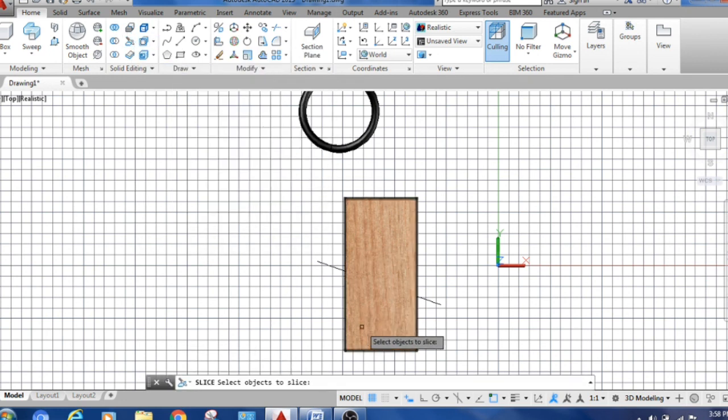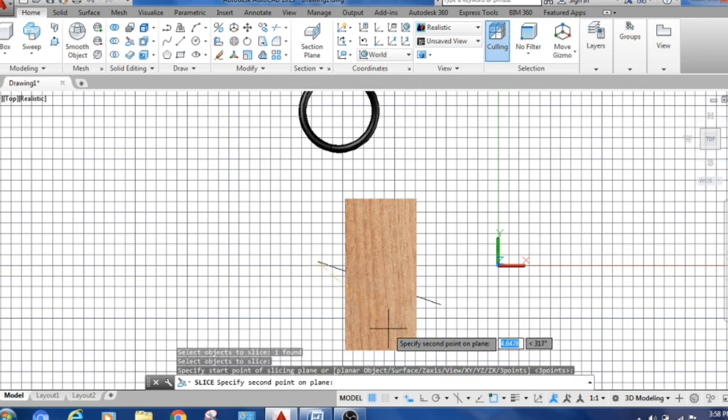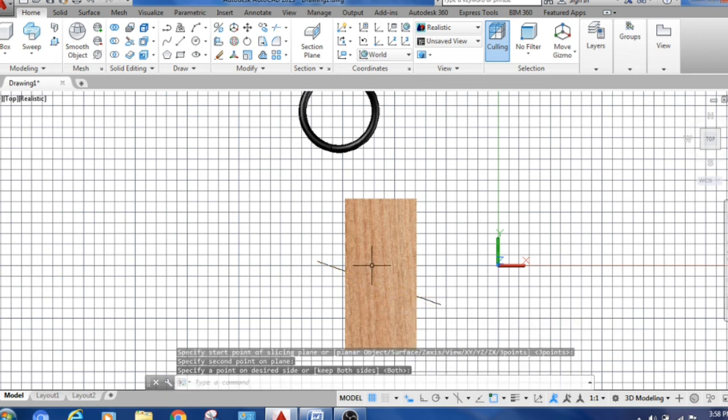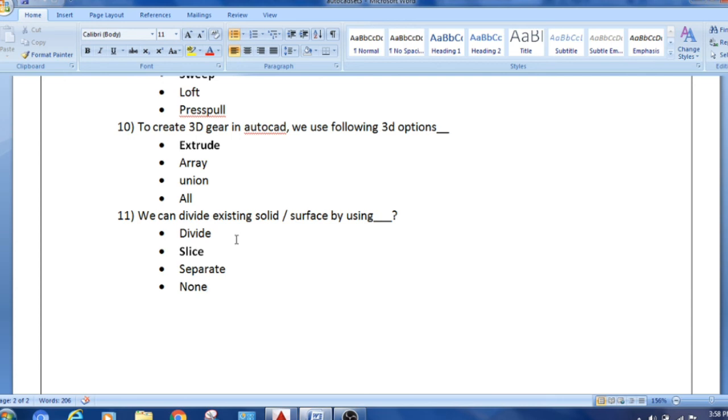So select a object to slice. This I want to slice it, and select a start point, select a end point, enter. So here I just divided this body. Now I want to delete it. Select and delete. So for this answer is slice.